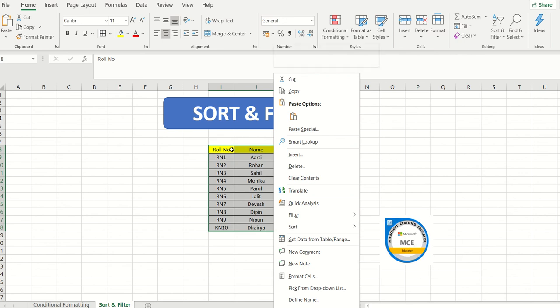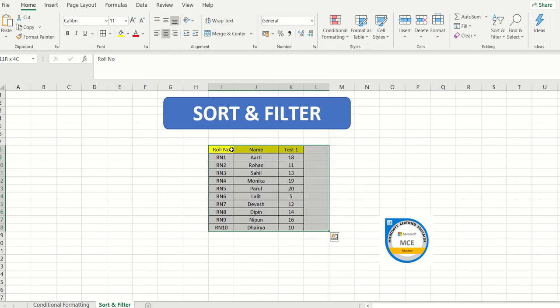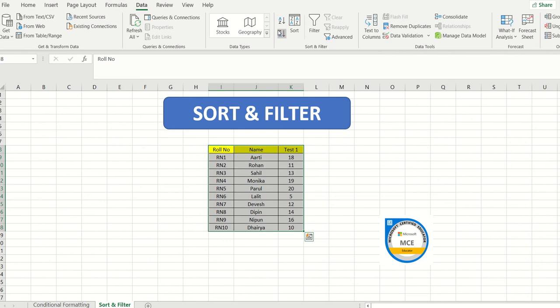Okay, so for the sake of it, we will go on the top today, and then I'm going to click on the data value over here, and this is sorting. This is what we are going to touch today, sort and filter. Okay, now this A to Z is for ascending order, Z to A is for descending order. So this is definitely going to work only on the alphabets altogether. That means the text data which is given in my specific data set.